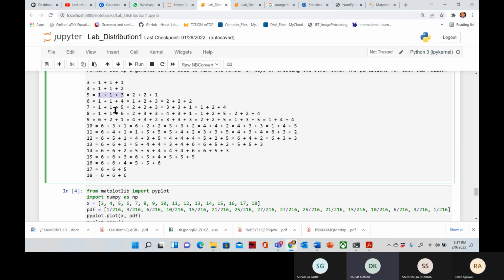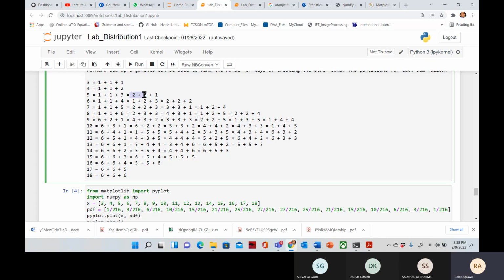Am I right? Yes, sir. And for this one, 3 values are there. So factorial 3, 2 values are common. So divide by factorial 2. So factorial 3 divided by factorial 2. So for this and for this, and both of them.